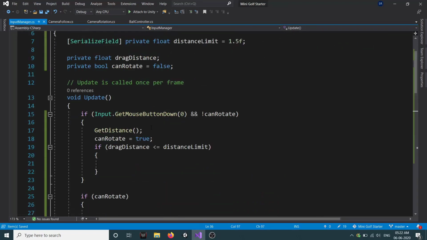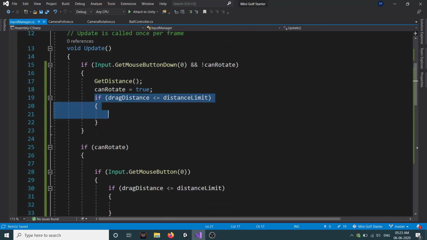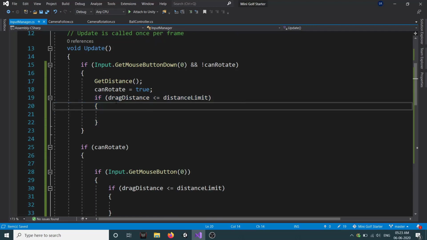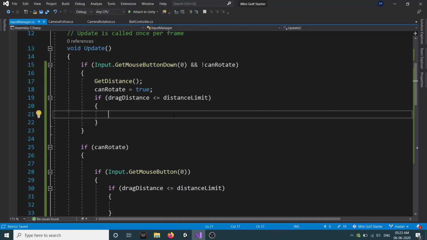Let's go to our input manager, and here in the condition, if our drive distance is less than our distance limit, we'll just call our ball controller dot instance dot mouse down method.